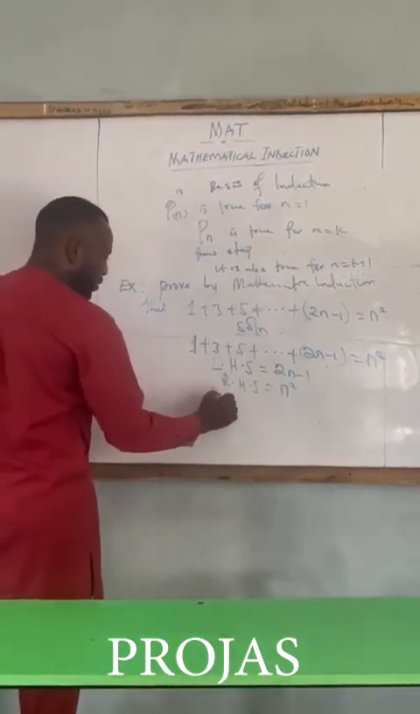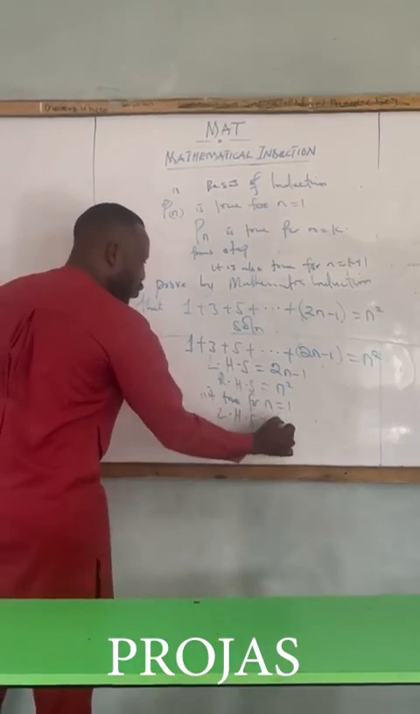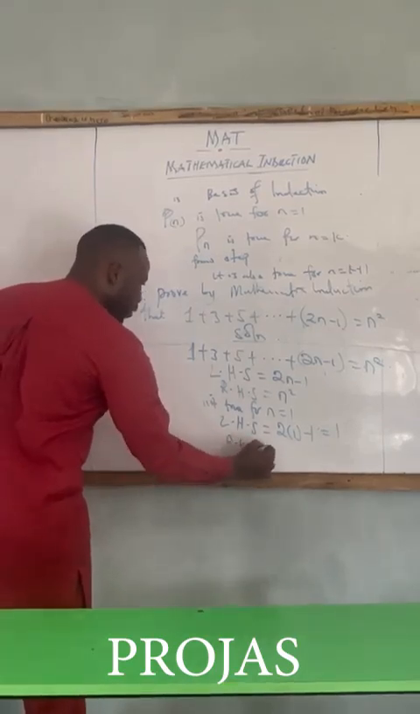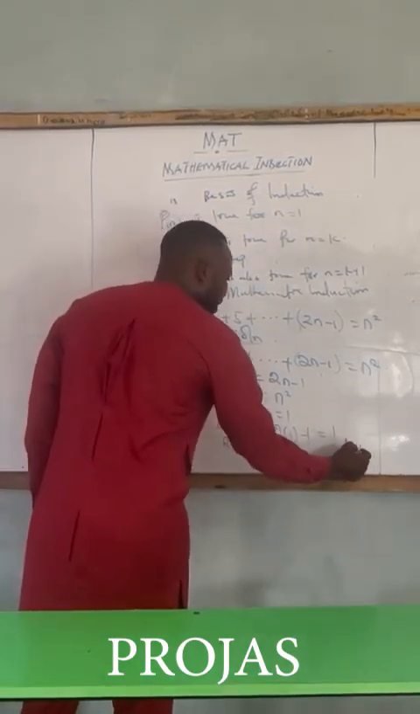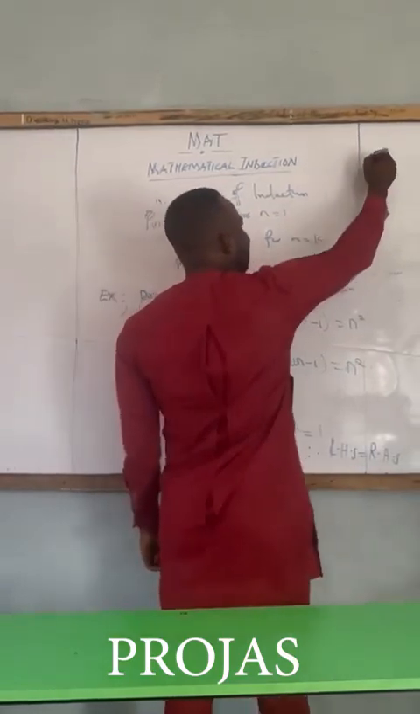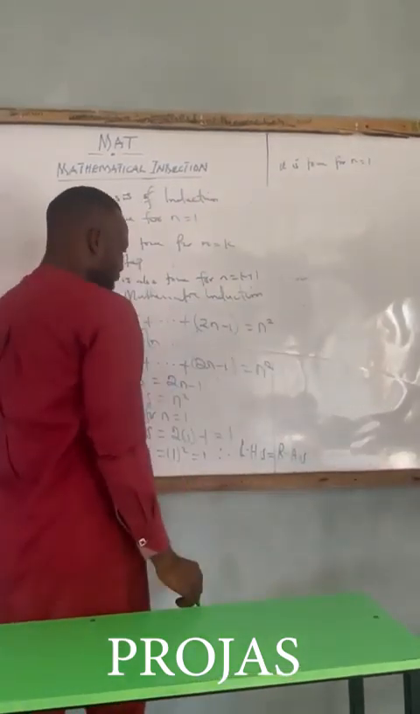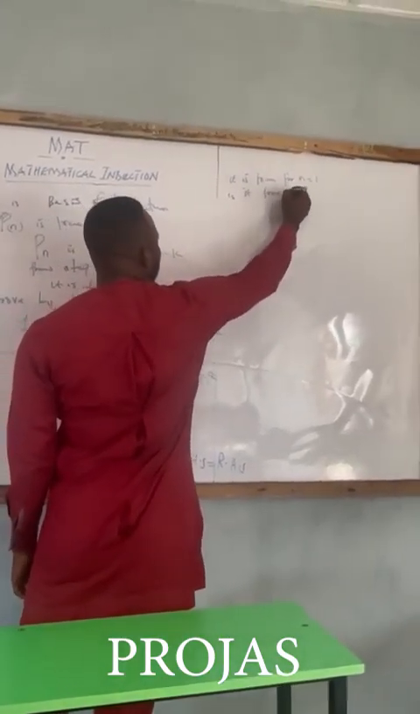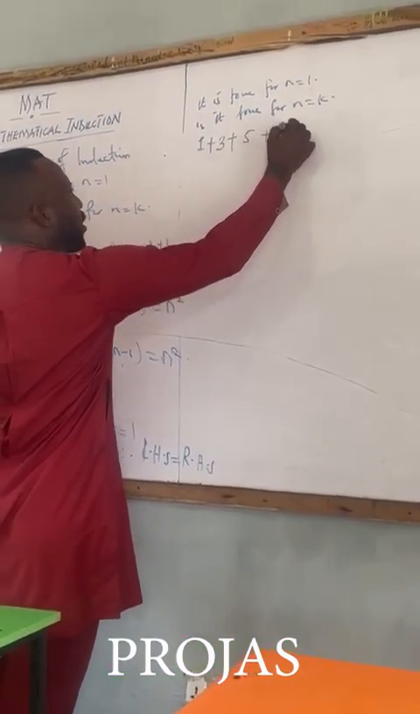Is it true for n equals 1? We have the left hand side equal to 2 into 1 minus 1, and that is 1. Then the right hand side will be 1 squared, which is equal to 1. Therefore, left hand side is equal to the right hand side. Then we conclude that the first step is true. It is true for n equals 1. So now take the second step. Is it true for n equals k? 1 plus 3 plus 5 plus dot dot dot plus